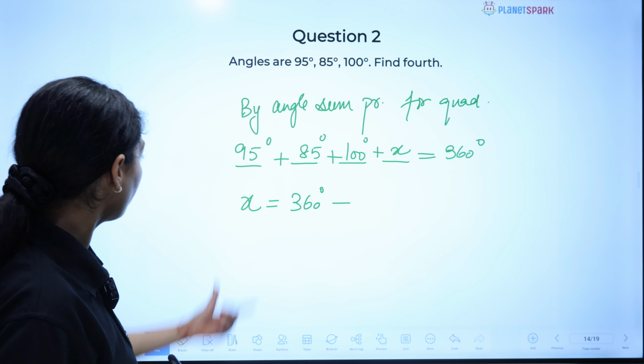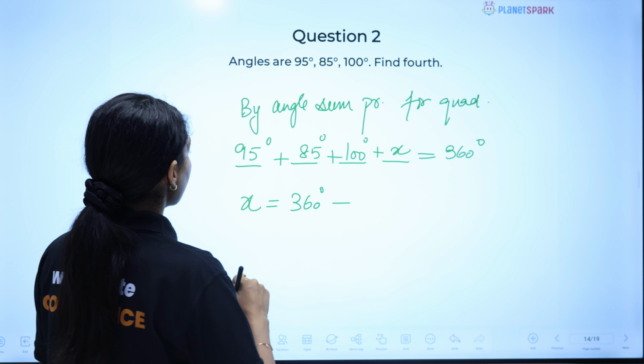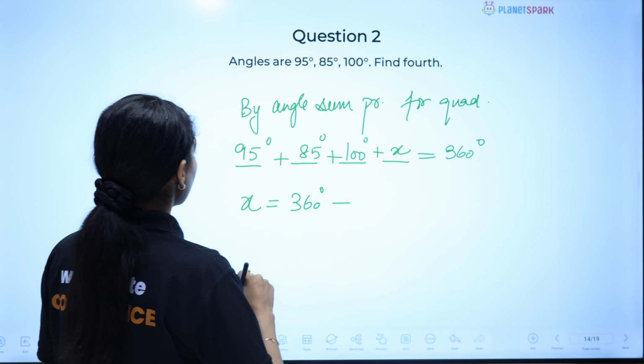So what will be the sum of these 3 angles everybody? 180 and 100, so 280 directly, let's say I'm writing here. Okay, sum of these two is 180, then 100, 280 degrees. So we have got here 80 degrees. Just write it again.